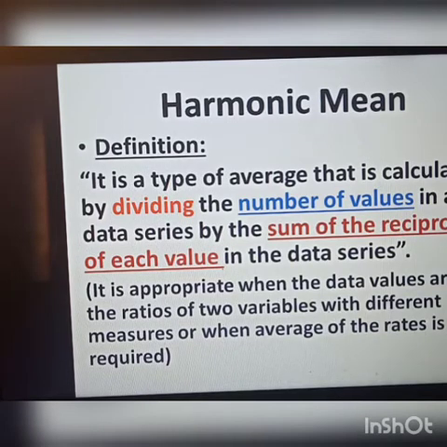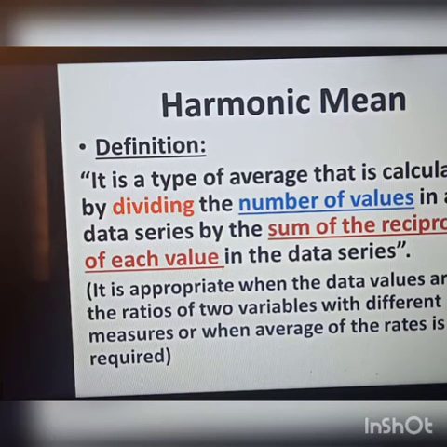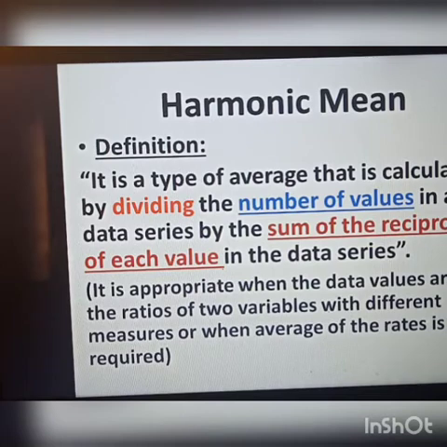So again, as I told you, arithmetic mean is usually calculated when the same data units are given for the data values. Geometric mean is calculated when different units are given for the data values, or you can say the terms with different units are given. And the third case, harmonic mean, is that case when you are to calculate average of the rates. You must know that rates are those values when two different variables are there and their values with different measurements are given. So in that case, you are to calculate harmonic mean.